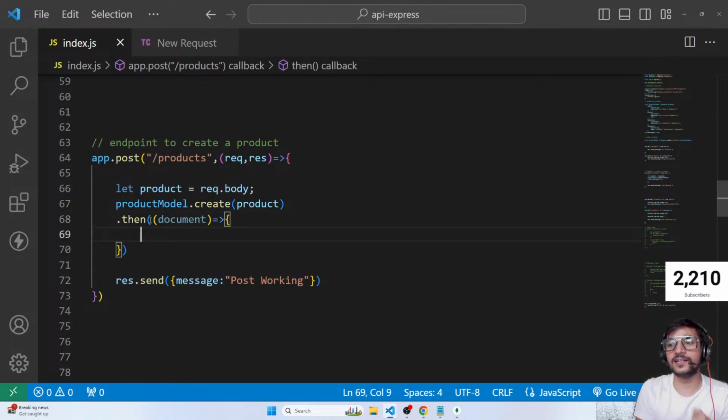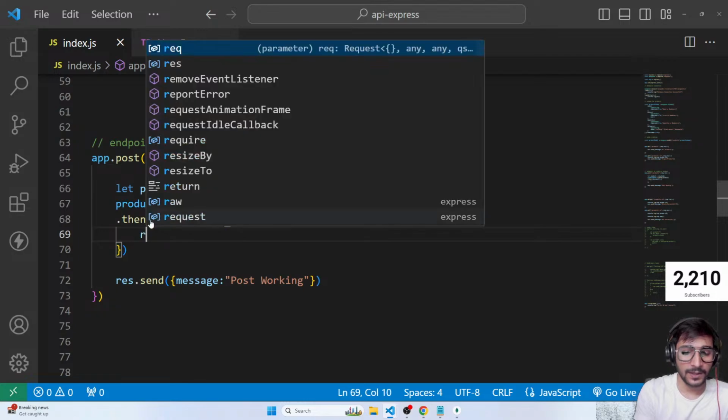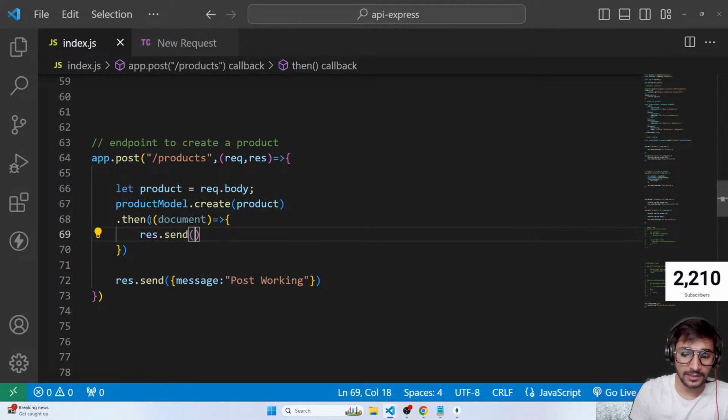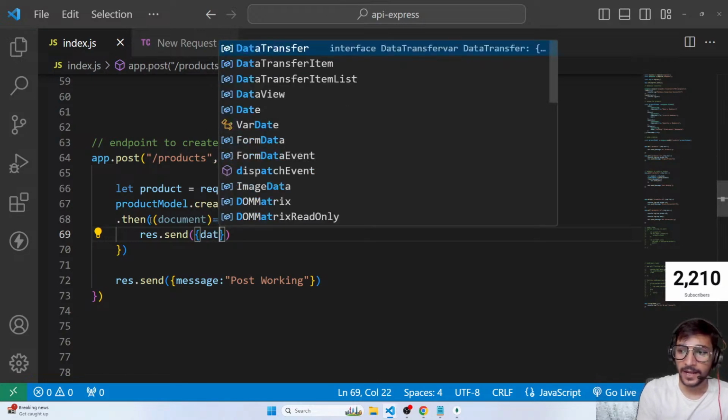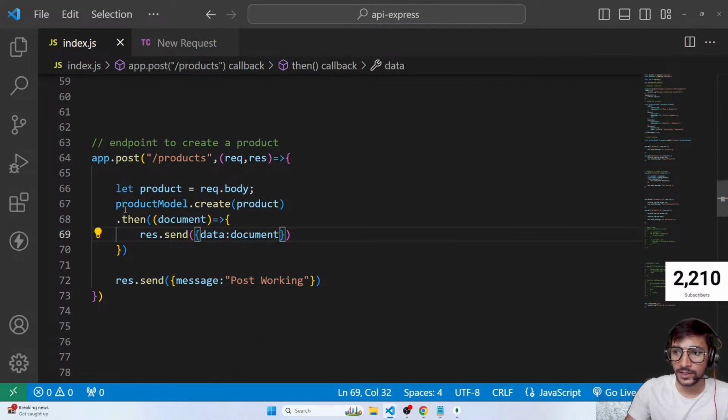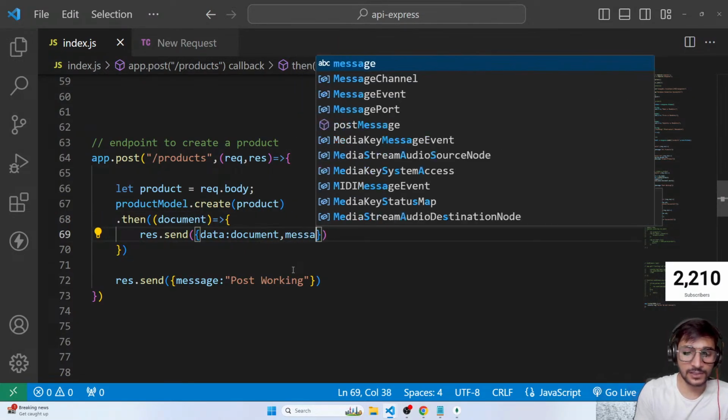So now we'll send a response. Okay. So the response will be the newly created document. So response.send this new document. And you can also send a message. So what you can do is, you can create an object here, okay, and pass a property called data, in which you will pass document, like this. So document is going in my data property, and one message as well. Message